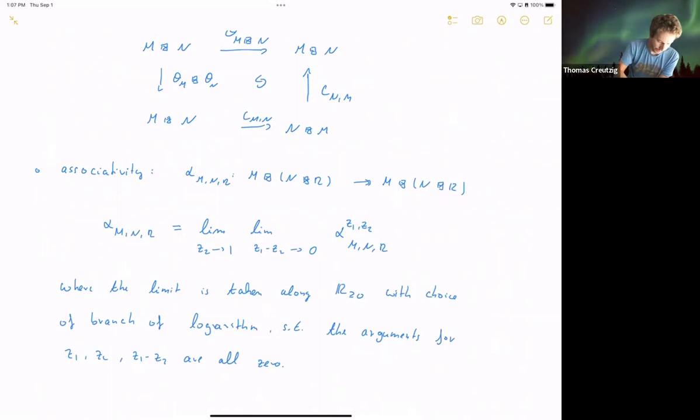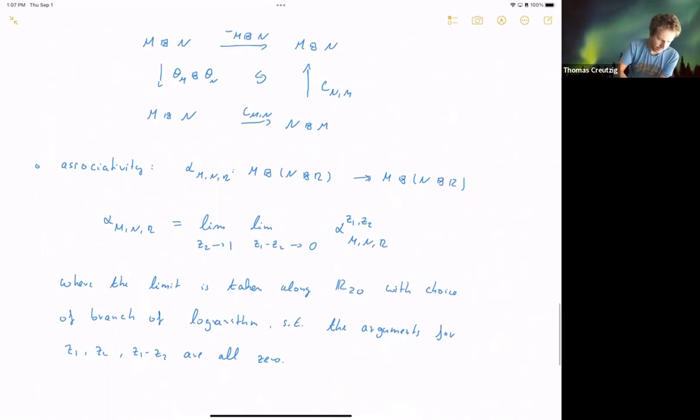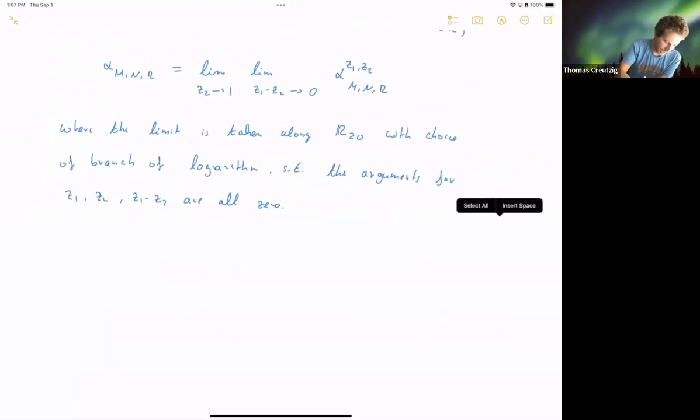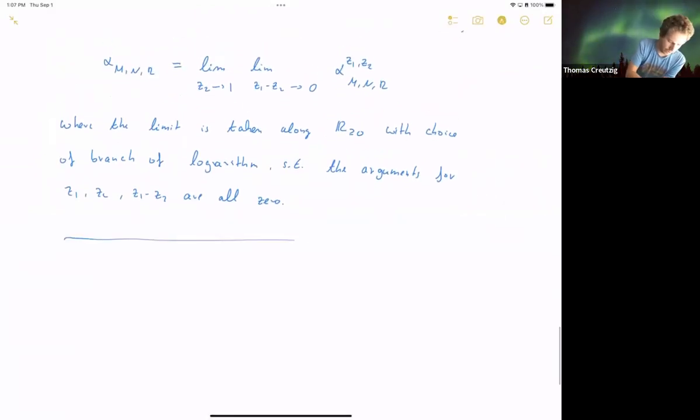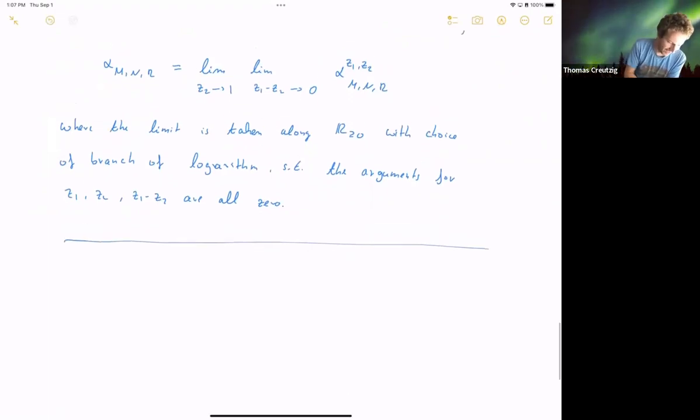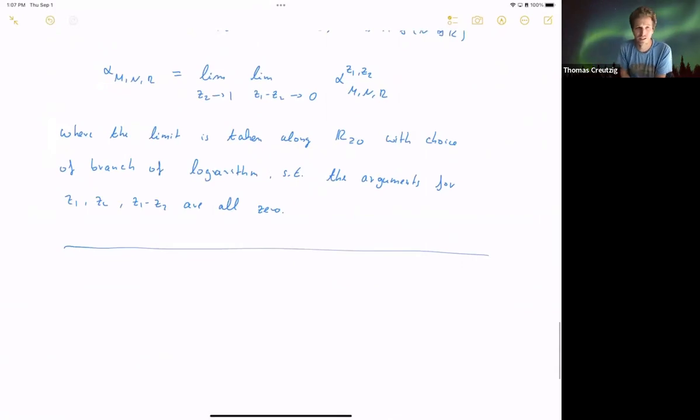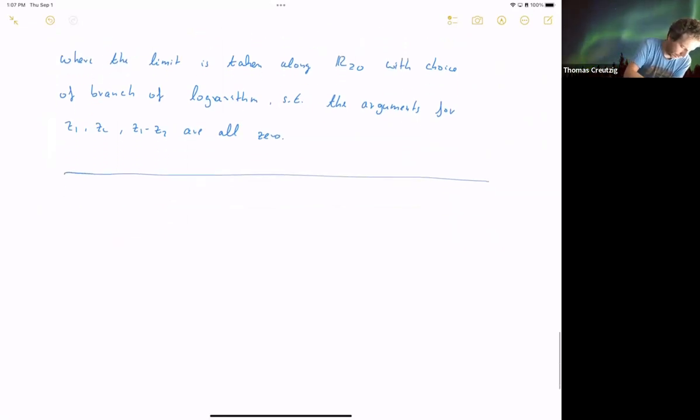Okay, so now you have this nice theorem, and now you have to ask the question: well, do there exist VOAs that satisfy these conditions? And we know very well that the answer is yes. And so let me maybe first recall